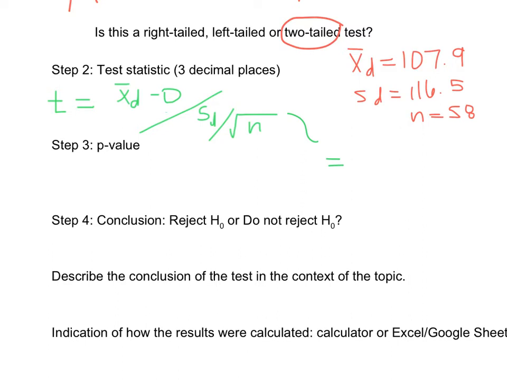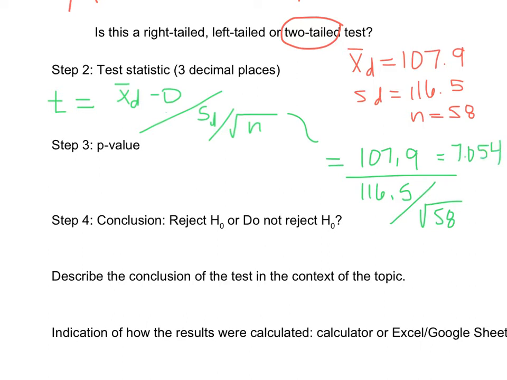the sample mean difference is 107.9. We're subtracting 0, so we don't have to actually subtract anything. Divide by the standard deviation of the differences, 116.5. And then divide that by the square root of the sample size of 58. And these times that I am using here, the unit is seconds, in case you're wondering. All right, so if we calculate that, we are going to get a value for the test statistic of